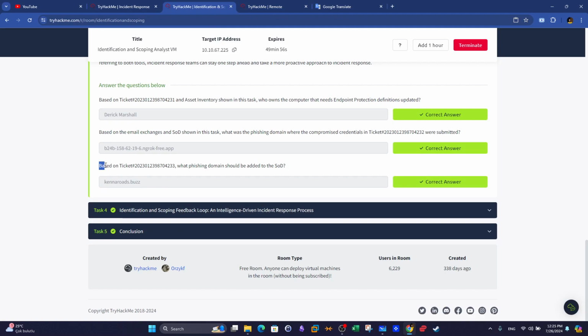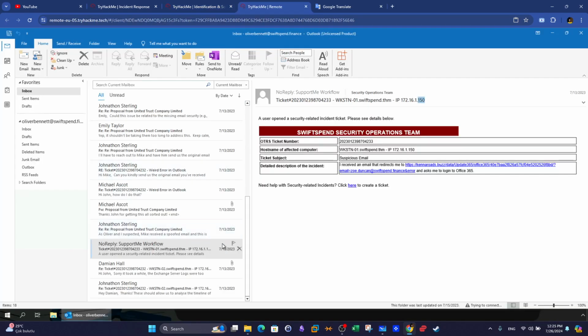Okay, based on ticket 202-233, what phishing domain should be added to the SOD? Now we are analyzing another ticket, the one that ends with 233. As you can see, a user opened a security related incident ticket. Please see details below. Ticket number, the affected host,